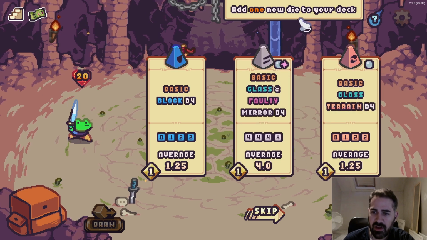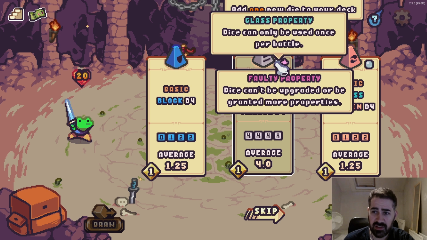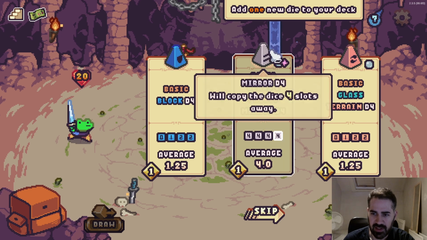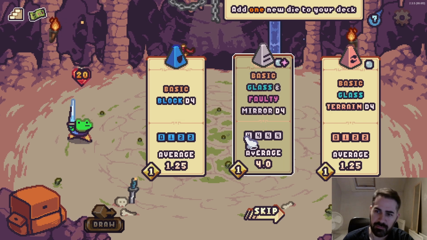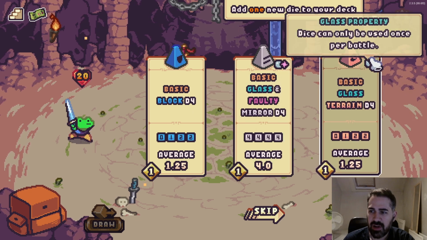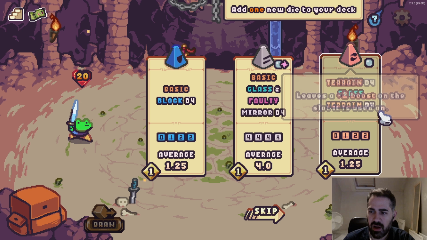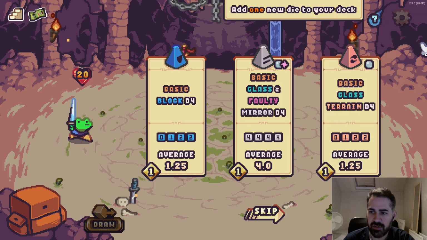Okay, so we've got some more interesting dice coming up. We have the basic glass faulty mirror, so we can have a faulty dice that can't be upgraded. Glass means once it's used, it disappears for that battle. So this just mirrors the dice opposite, far away from it. You can copy your best dice essentially, which is for 1 energy, pretty good. Basic glass terrain, so glass means it's destroyed once used, and terrain boosts the terrain slot it was used on,